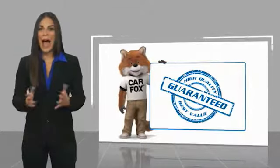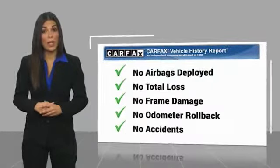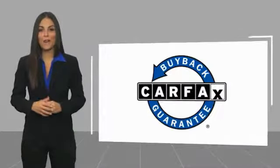Here's another high-quality vehicle with a Carfax Vehicle History Report. Be sure to find a complimentary copy of this report online or contact the dealership. This vehicle qualifies for the Carfax Buyback